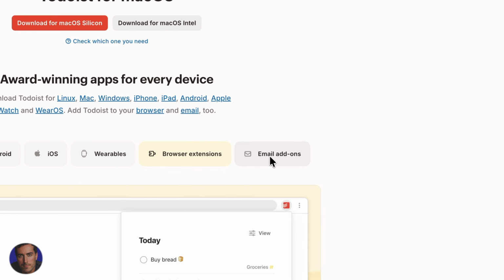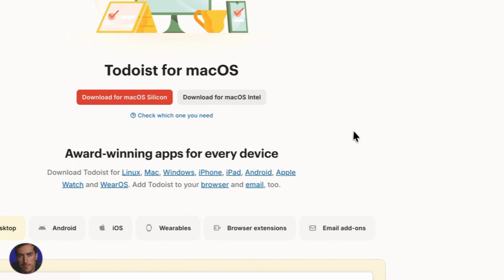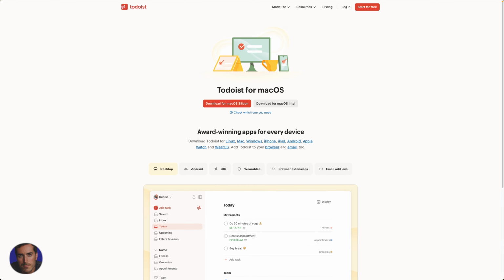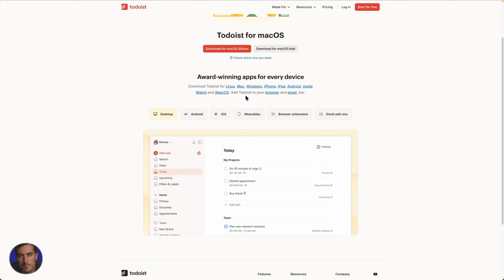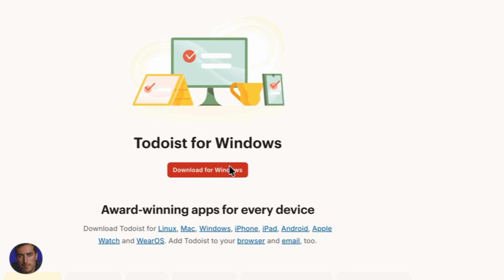But you can get the browser extension. There's email add-ons that you can download right here. So yeah, essentially this download page will enable you to download them on any platform. So if it misidentifies for whatever reason your operating system, or you do maybe on a Mac but you want to get the Windows version for whatever reason, you can just click right here and you'll see the download button